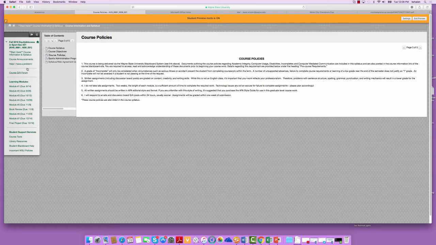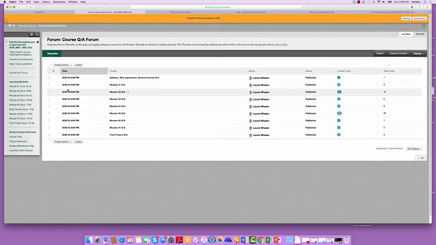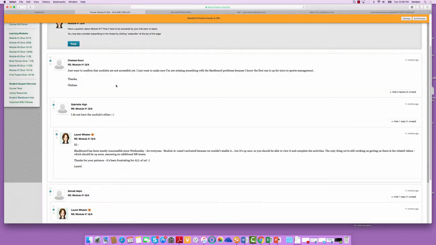Also over here on the left-hand side, you'll see the Help I Have a Problem link, and that just provides information to contact me or your peer mentor, and it also gives you a link to the course Q&A forum, which also is its own link on the left-hand navigation bar. And in this case, you can see all of the related threads that are appropriately titled for each of the individual modules, and if you have a question about any of these modules, you just click on it,